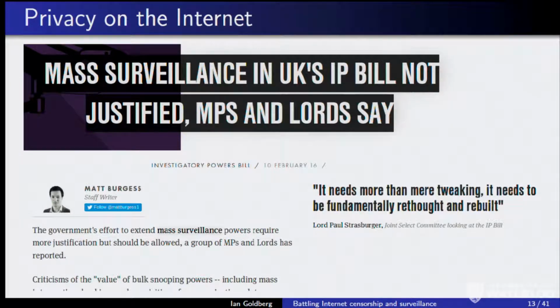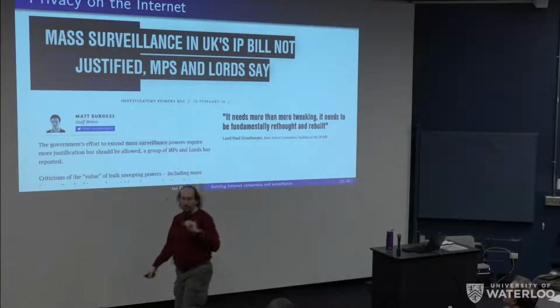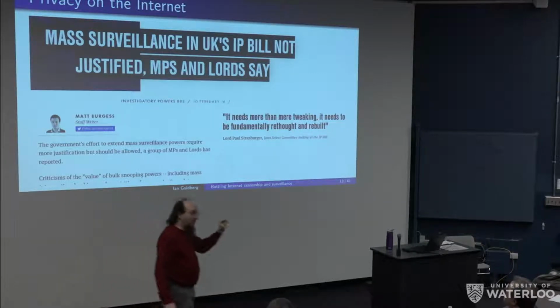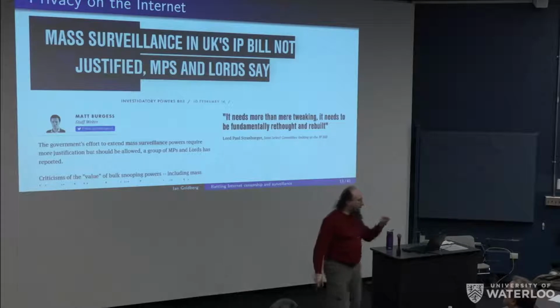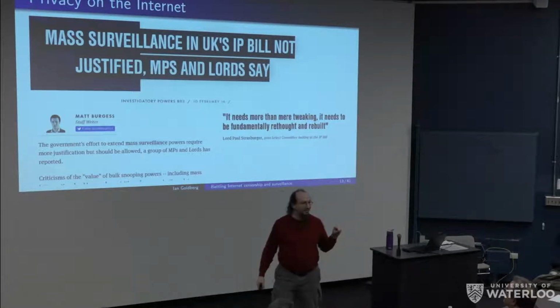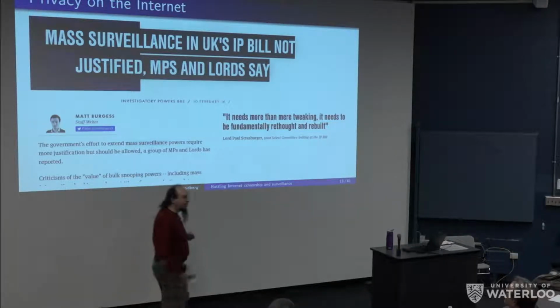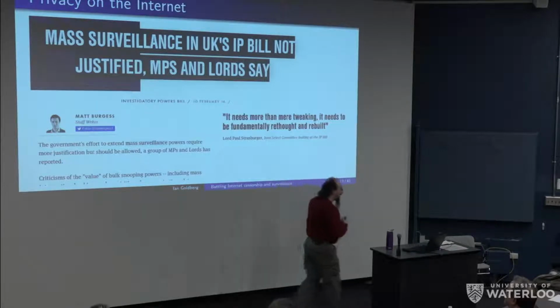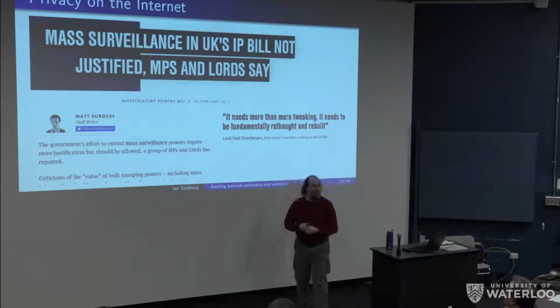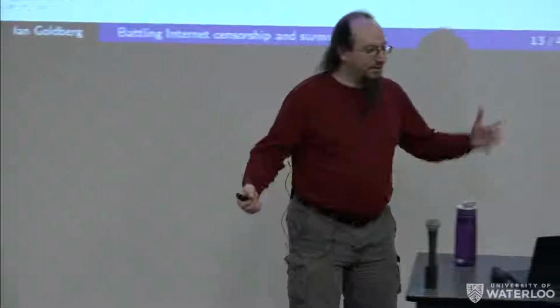So a law is going through their parliament right now. It's called the IP bill. Here, IP does not stand for either internet protocol or intellectual property. It stands for investigatory powers. The Investigatory Powers Bill is going through the UK right now, and it's pretty bad from a privacy point of view, and various panels are saying it's overreaching, it might be technically legal, but it's bad policy. But of course, there's a majority government right now, so the chance of it not going through is perhaps pretty